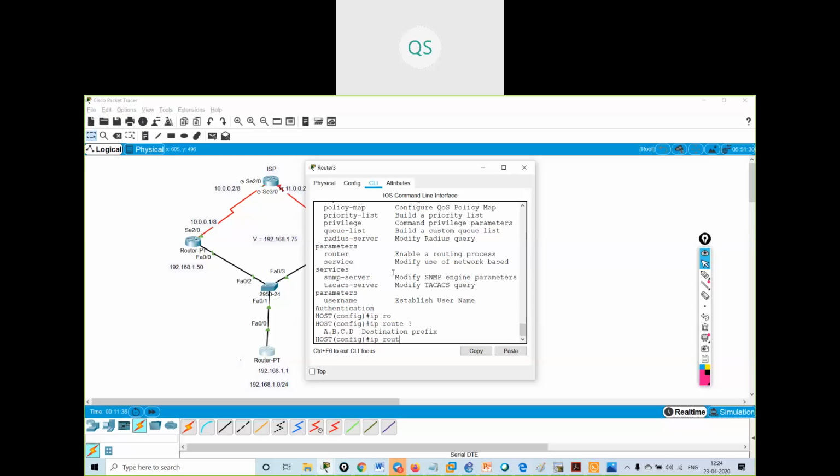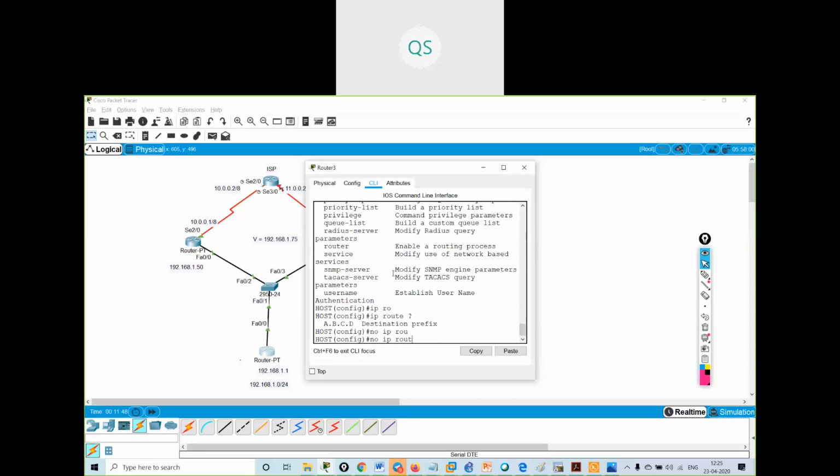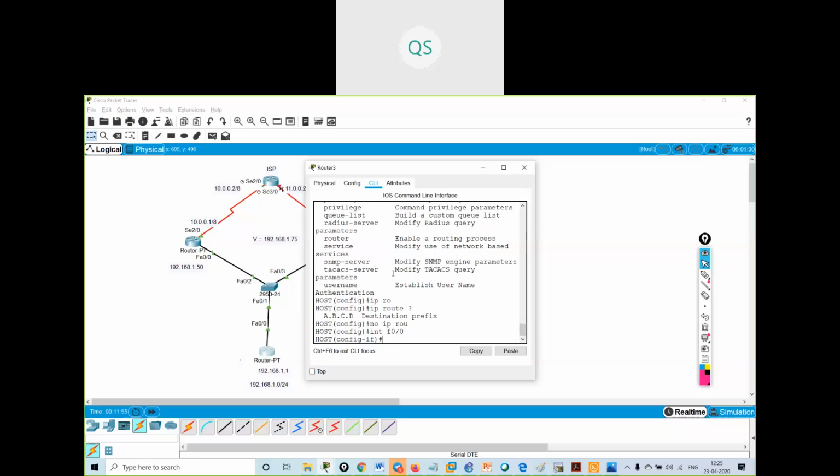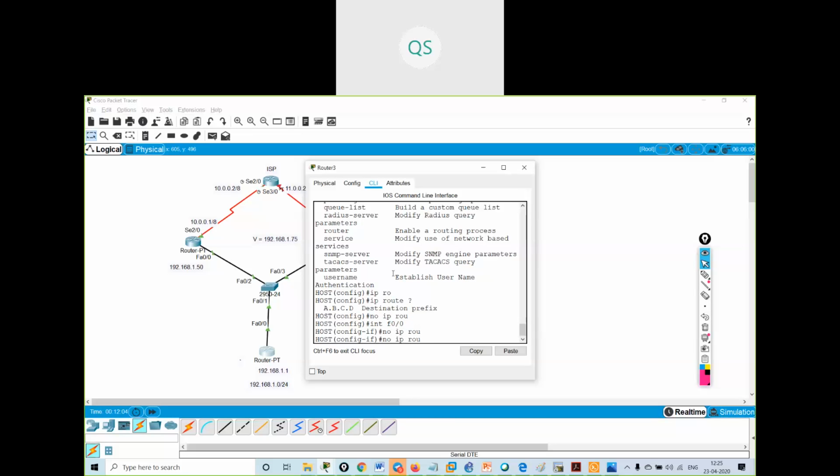You got all the options, but this option I'm not getting. Will I get no ip routing in the interface? No ip routing. Okay.